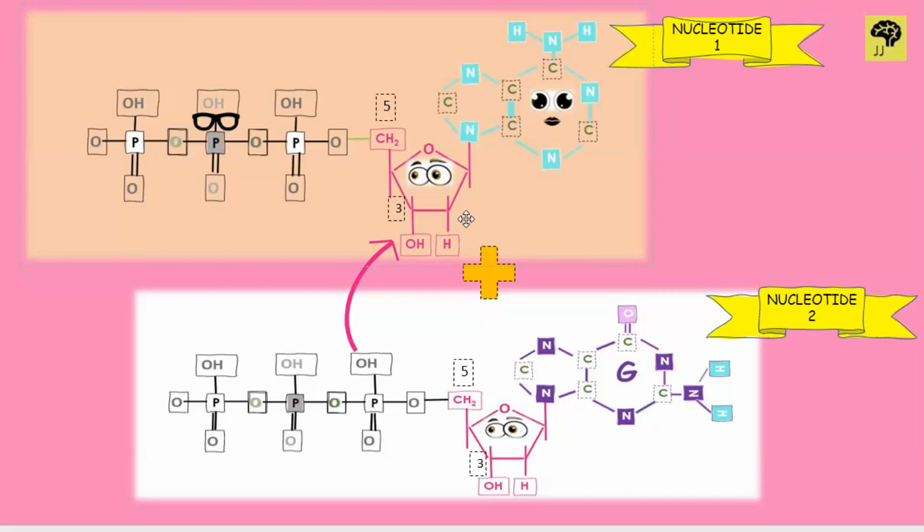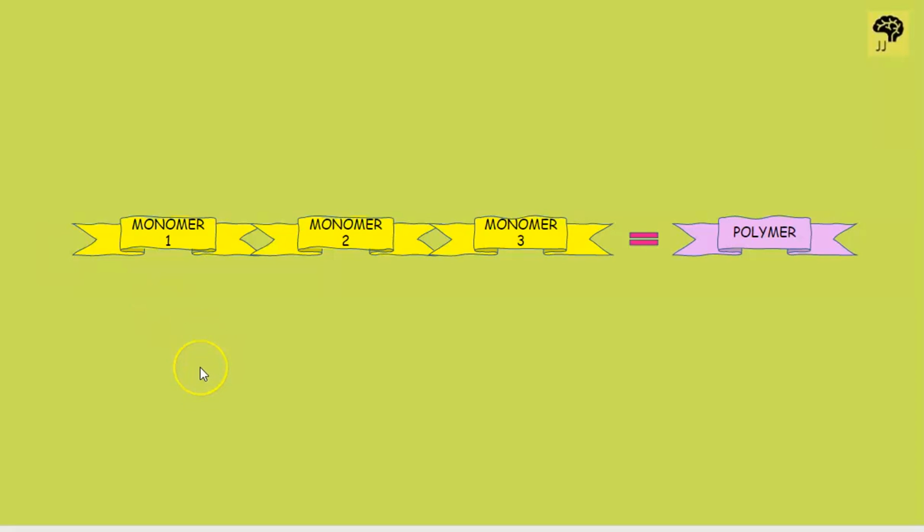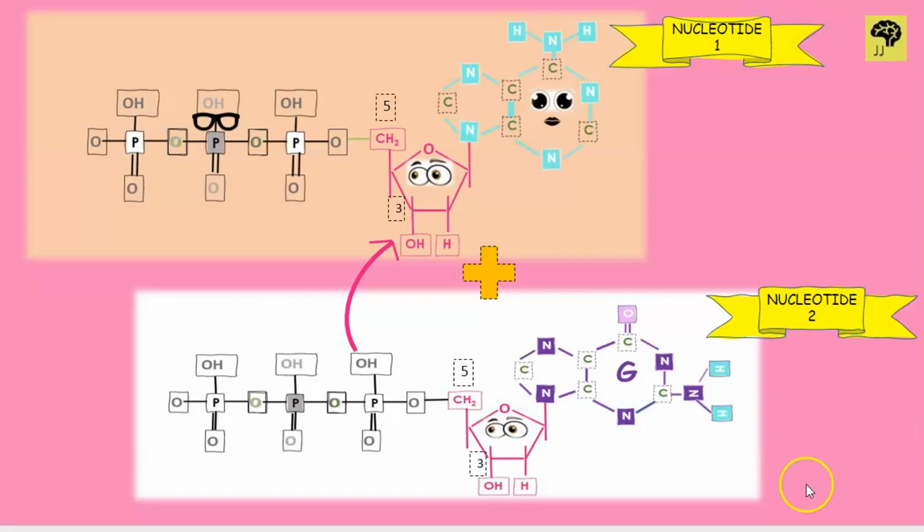We'll take an example. Here we have monomers. So many monomers come together and form a polymer, right? Similarly, so many nucleotides come together and form a DNA. Tada! So here this is nucleotide 1, and then another nucleotide comes to attack the first nucleotide and form a